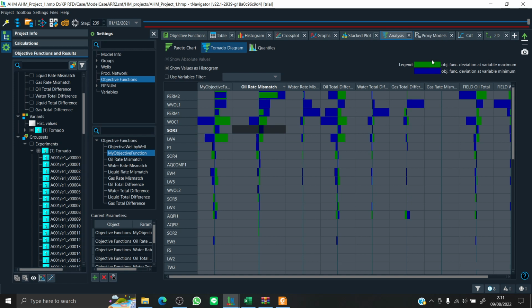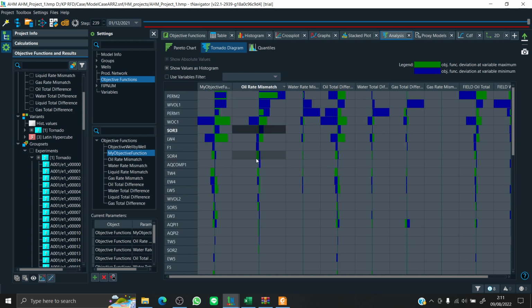Okay, so the green one shows if, for example here, permeability multiplier 2 is maximized, the oil rate mismatch adds up, so it's kind of not good for the oil rate mismatch.